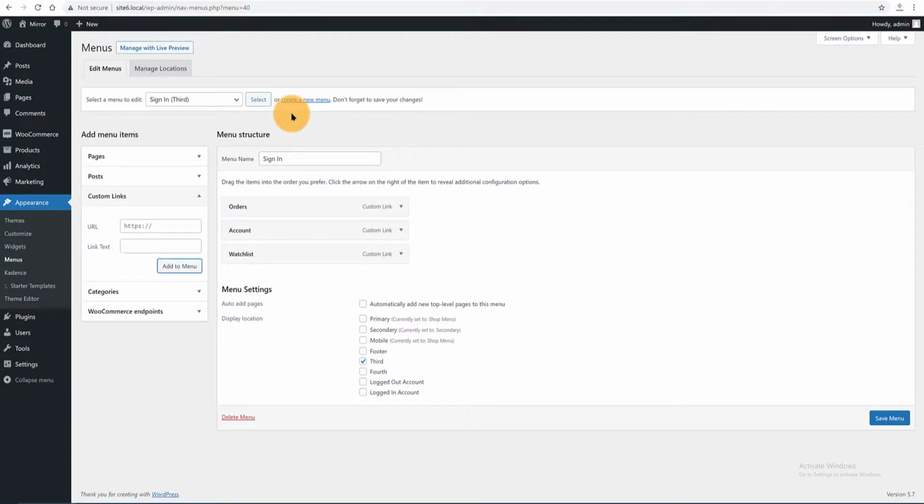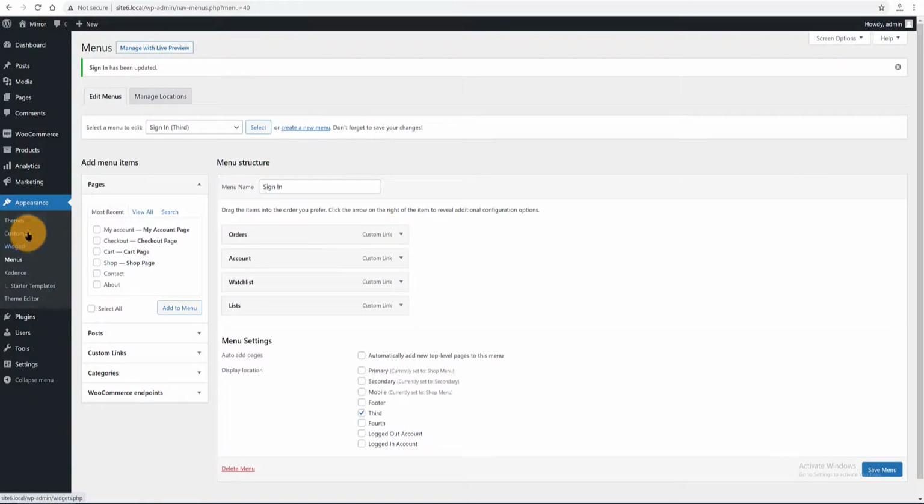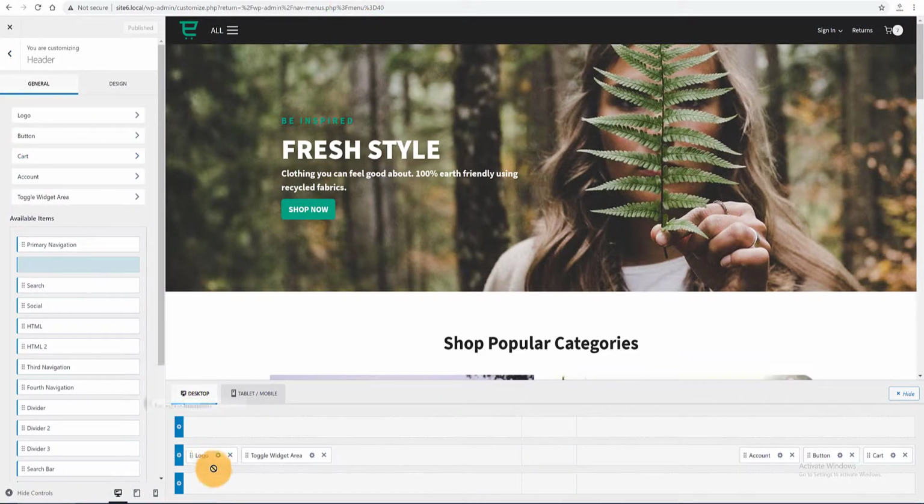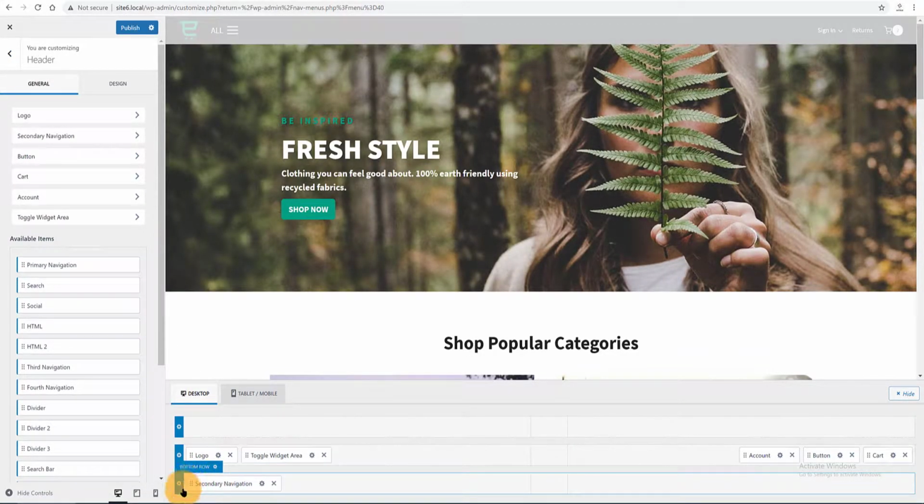Link text as orders, add to menu. Account, add to menu, watch list, save the menu